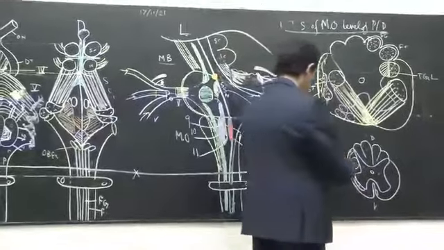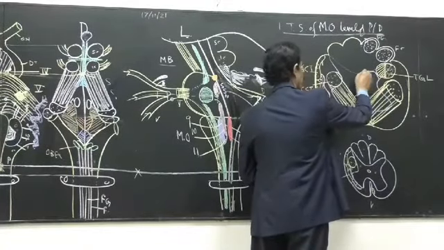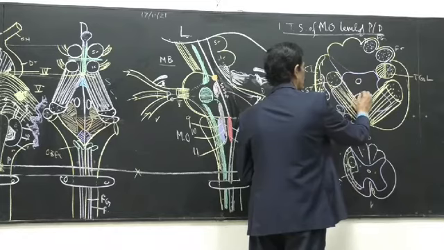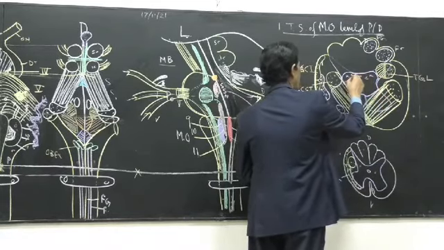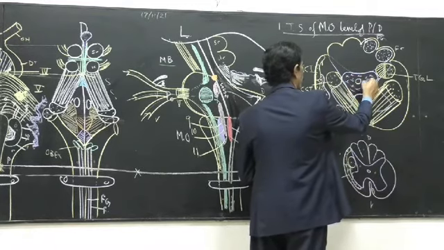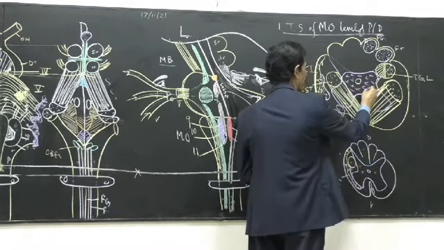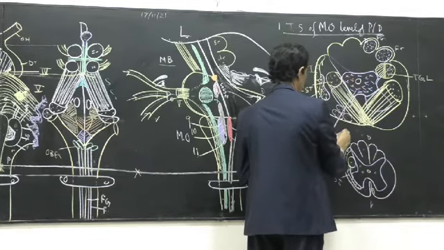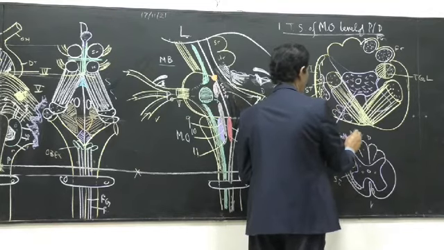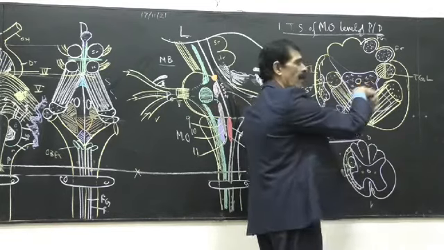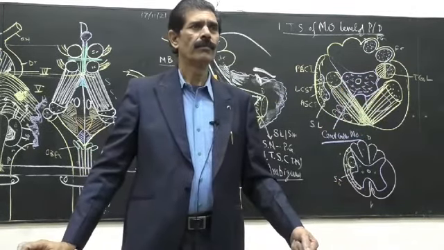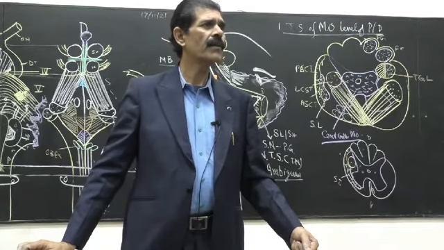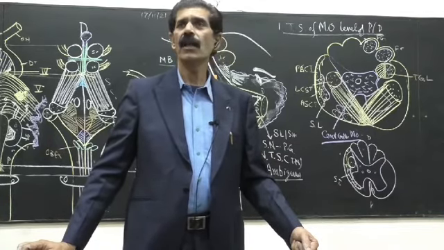Now what is left of the gray matter is this much. This is the only gray matter which is left around the central canal. It is not S-shaped now, it is interrupted here. Now this is called the central gray matter of the medulla. Because it is present around the central canal, we name it the central gray matter, or paracentral gray matter also, parallel to the central canal.